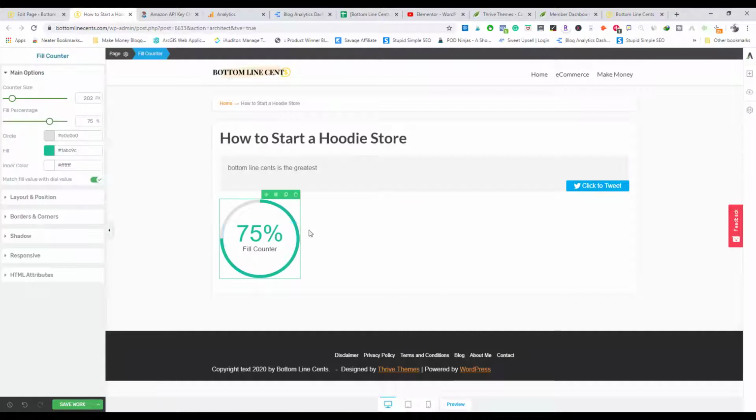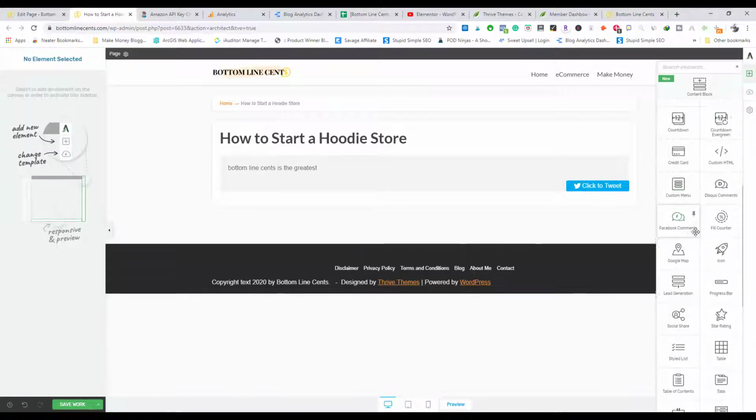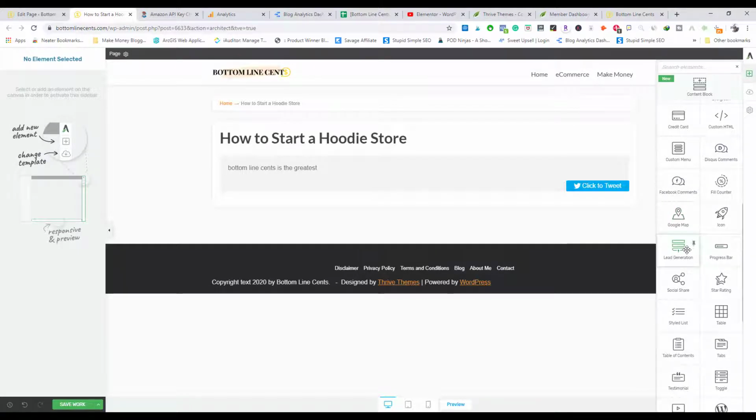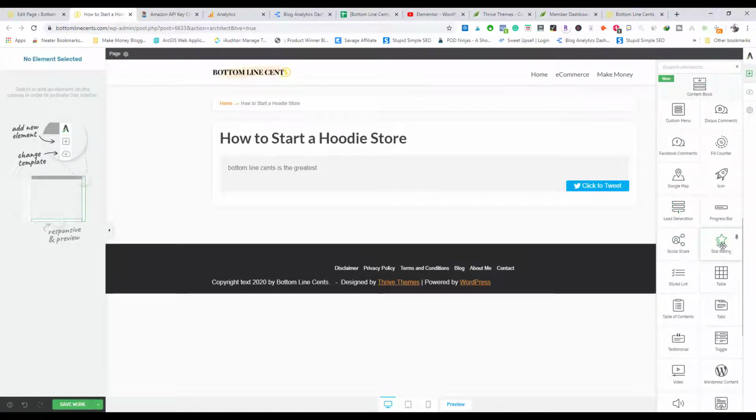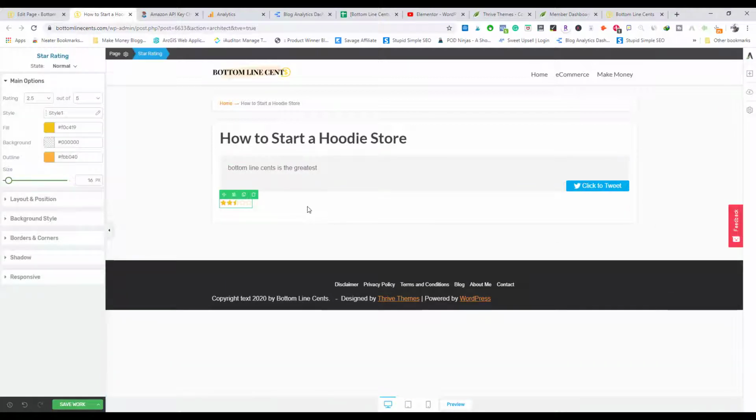There's also fill counters. You can set the fill as you require. I've never used that before. Progress bars, the lead gen I showed you an example of, star ratings. This is pretty good for reviews. So if you have a review site and you want to rate a product or something like that, you